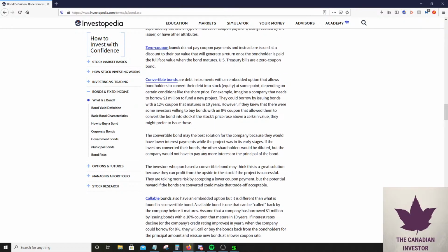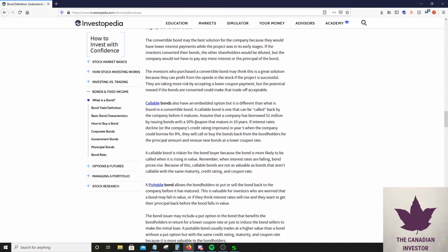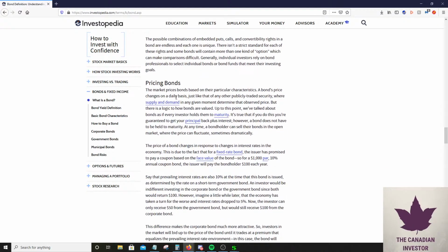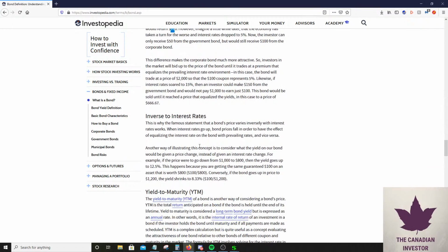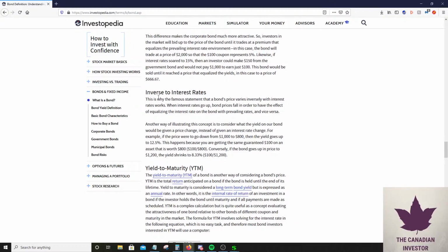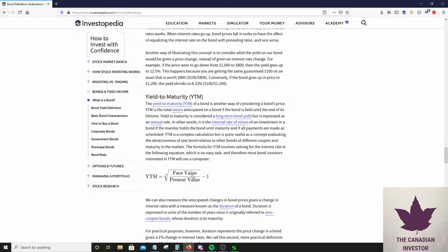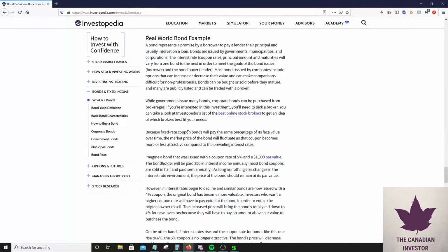PS, if you guys are having a little bit of trouble with everything, Investopedia is basically the best source for beginners, I think, because they explain everything. And if you don't have a lot of trouble with it, you can always just Google it. But pricing of bonds: they trade at 100, and inverse to interest rates. This is a big risk about buying bonds. This is basically where I explained the 30-year bond, yield to maturity, real bonds.